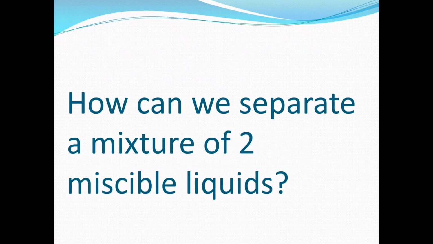We have seen that immiscible liquids we can separate easily, because in immiscible liquids we have different layers and we can separate them easily. But what happens in the case of miscible liquids? In the case of miscible liquids, we won't have any separate layers. We will have a uniform composition throughout the whole mixture. So it will be difficult for us to separate miscible liquids. Now we will see the techniques that we will use for the separation of miscible liquids.